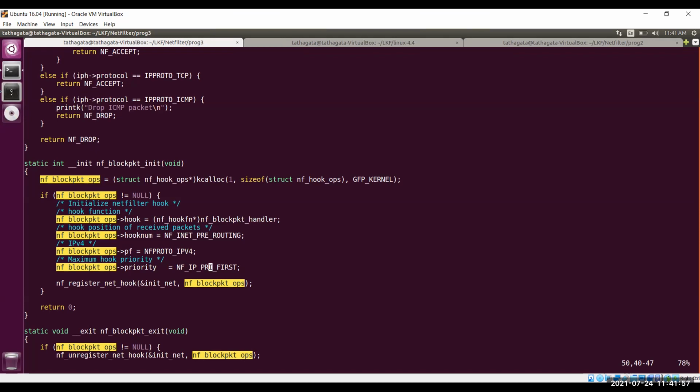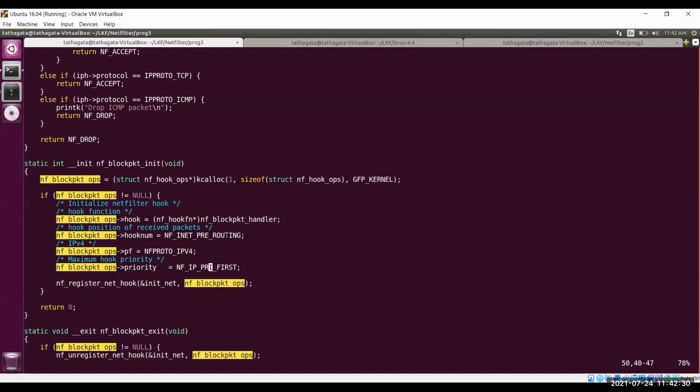And avoiding further processing of the packet which is dropped in the first handle. I do not get your last point. You are avoiding the processing further because you are dropping in the pre-routing chain, so there is no need of forwarding the packet to further callbacks. No, that is fine. That is why we are mentioning it in the pre-routing hook point.